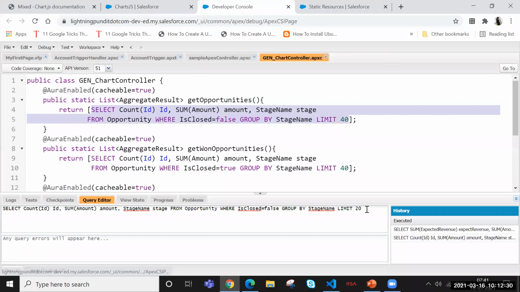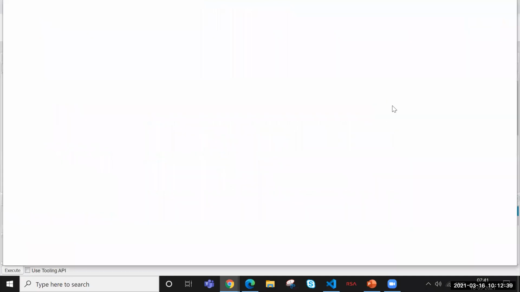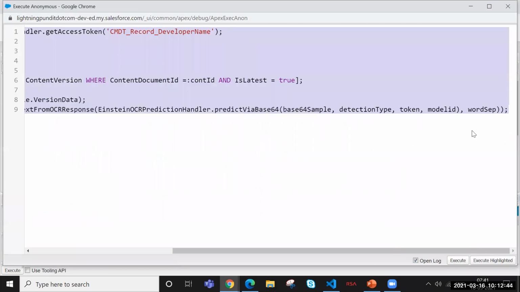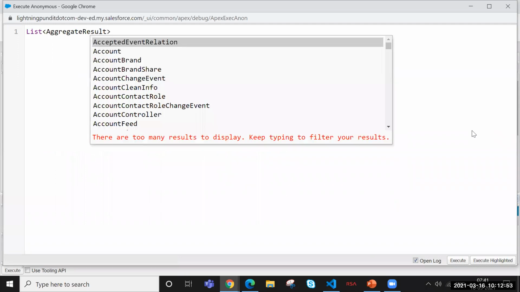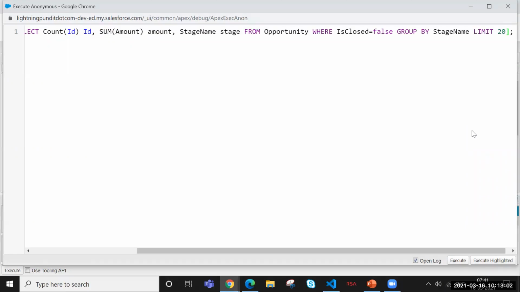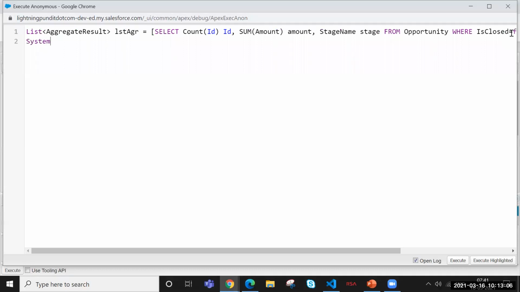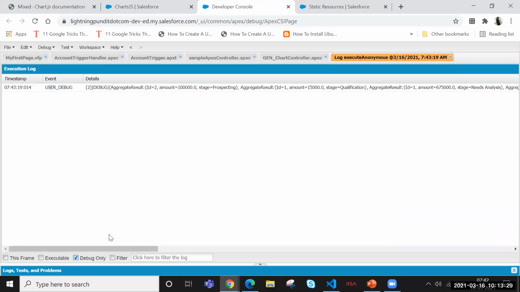Okay, I think aggregate result cannot be displayed like this. I'll just show this. So here we can see ID is 2, amount is 100,000, stage is prospecting.